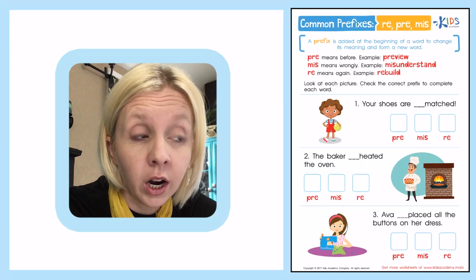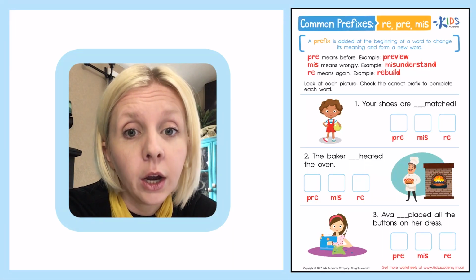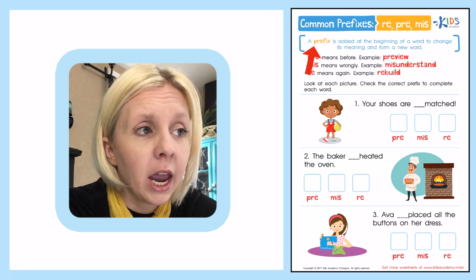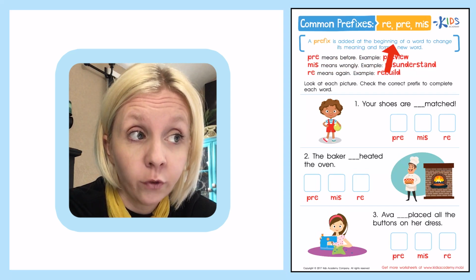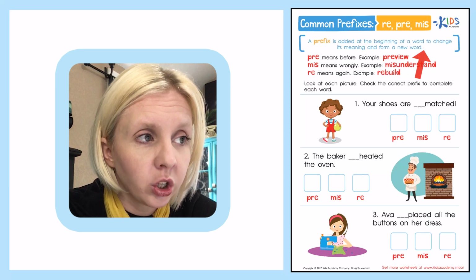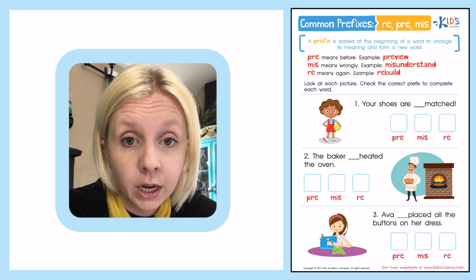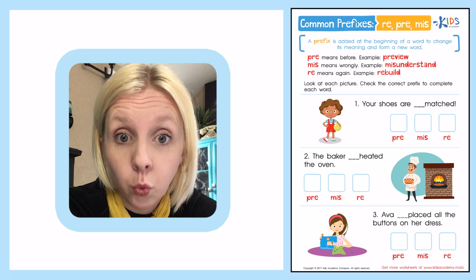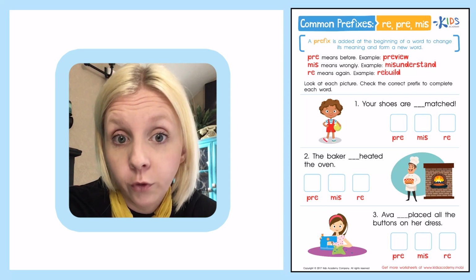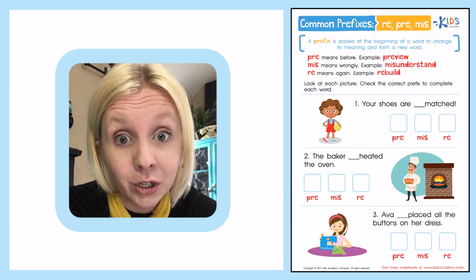Okay, so we've got on our worksheet today common prefixes re, pre, and mis. A prefix is added at the beginning of a word to change its meaning and to form a new word. So let's look here. We've got pre, which means before. So for example, preview means you get to watch something or you view it before you would normally see it. So like when you go to a preview of a movie, that means you get to watch it before it